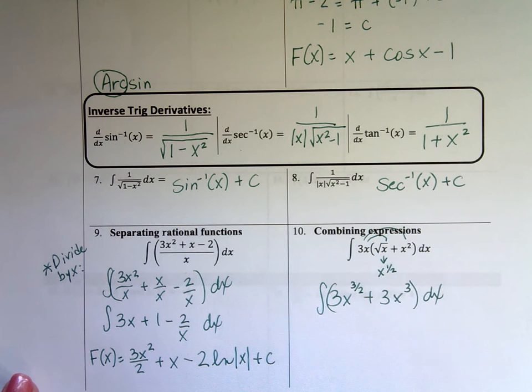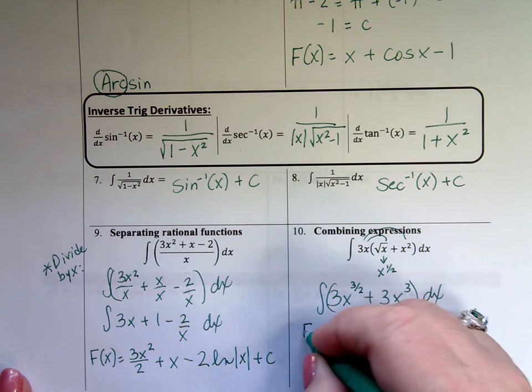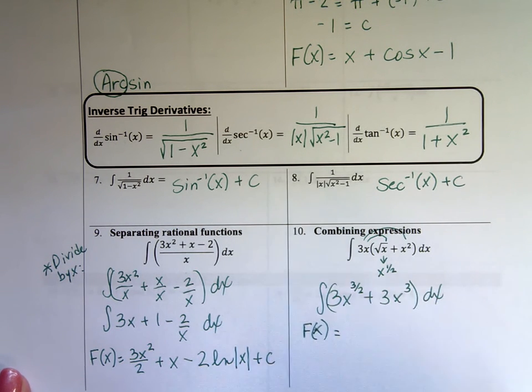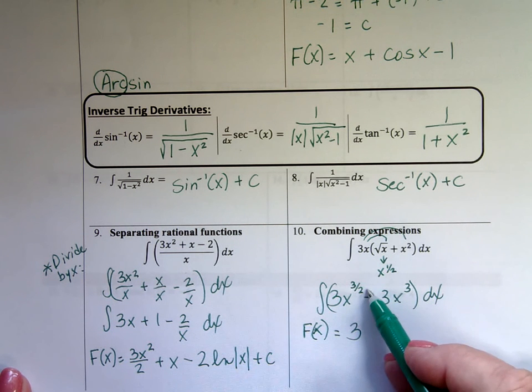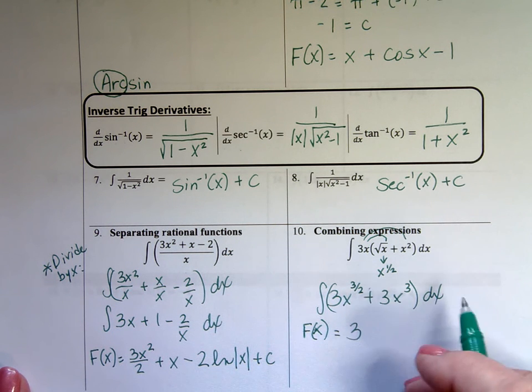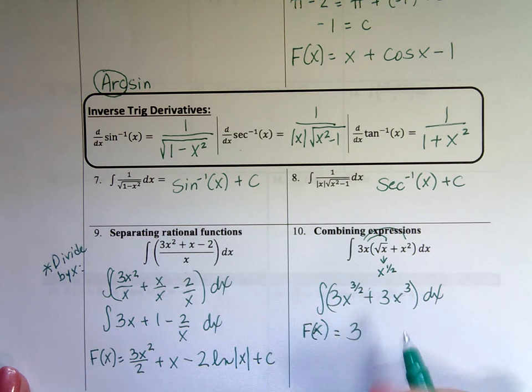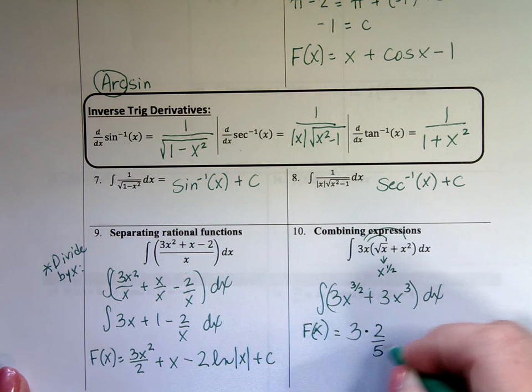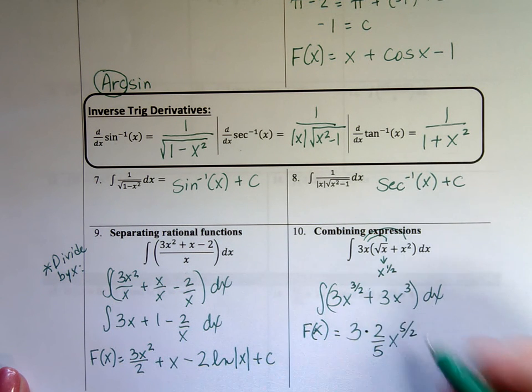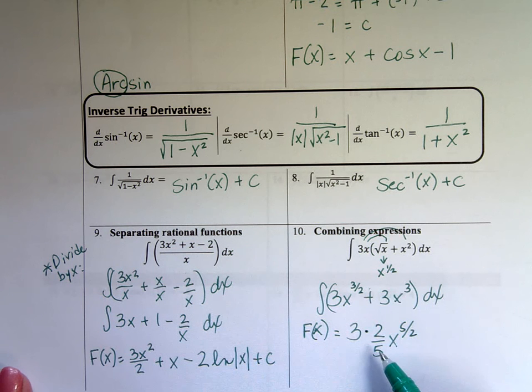All right, so go for capital F of x. Add a power on. I have a 3 there. Add a power on. 5/2 divided by 5/2. Remember what happens with the fractions? We saw this previously. If I'm dividing by 5/2, I'm really multiplying by 2/5. So it's going to be times 2/5 x to the 5/2 power. Add a power on, divide by the power. Dividing by the power means you're going to have to multiply by the reciprocal. Whew, plus